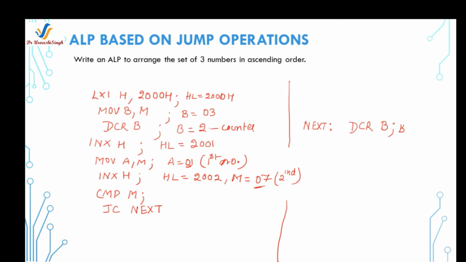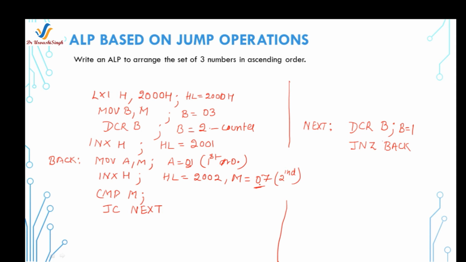Okay, now register B is holding 01. After decreasing the counter, I will check whether the counter value is 0 or not. If it is not 0, it means you have to perform one more comparison. That's why I am using jump if not 0. It means the value is not 0, and go back to the program to perform the next comparison. So where will it jump? It will jump over here